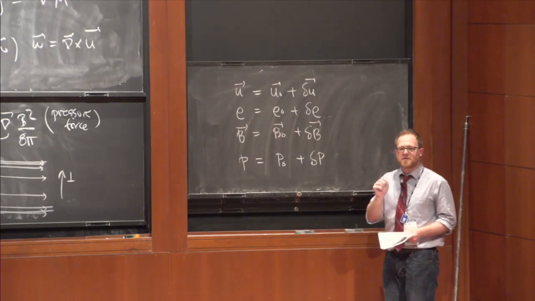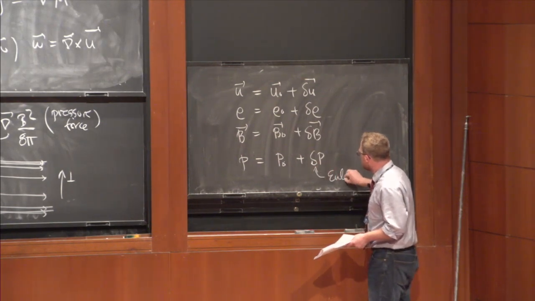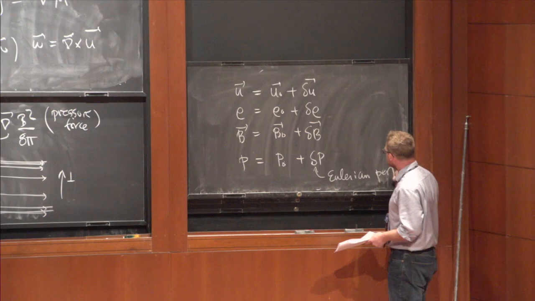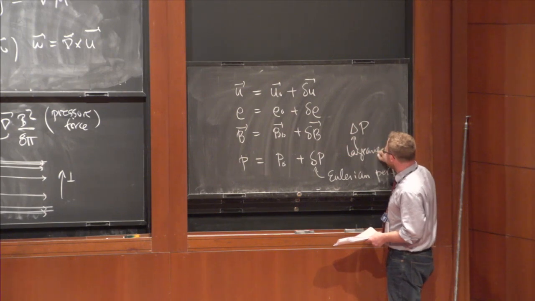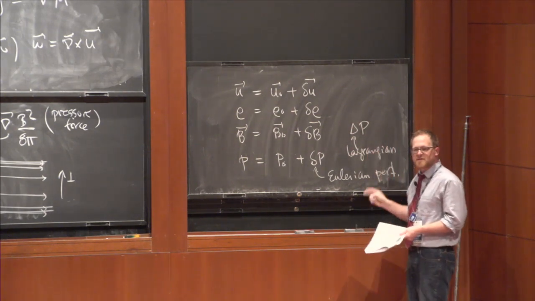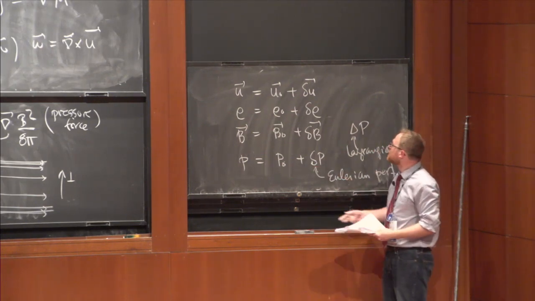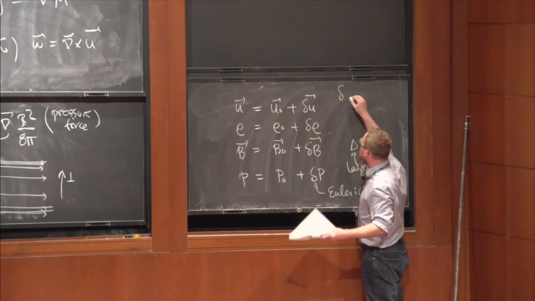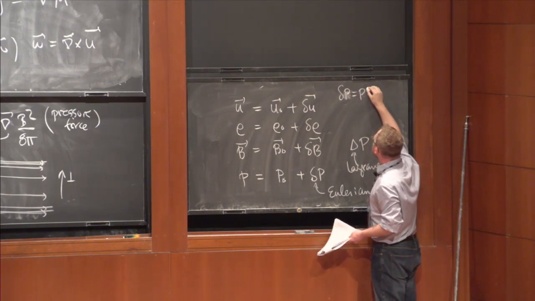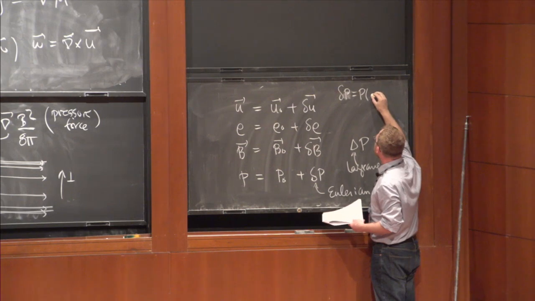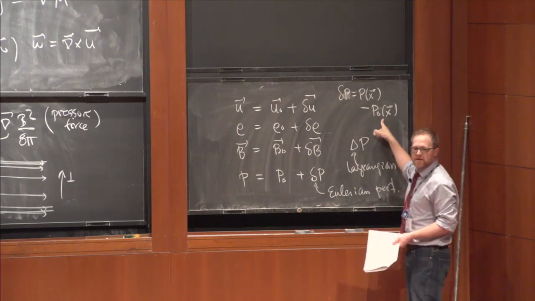Now, it's quite important to note what I mean by this delta. This thing is called an Eulerian perturbation. There is something like this, which is called a Lagrangian perturbation. And just based on their namesakes, you should be able to tell the difference. So the Eulerian is a change in the quantity in the lab frame. This is explained in the notes. So, for example, delta P would be P at some position minus the equilibrium P at that same position.